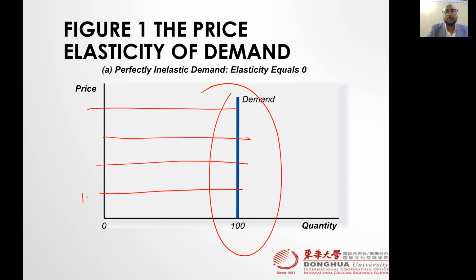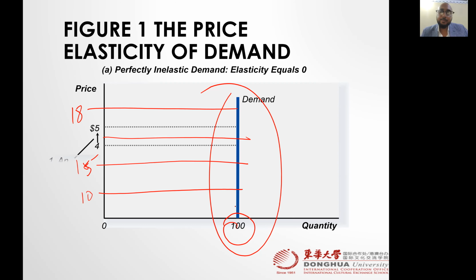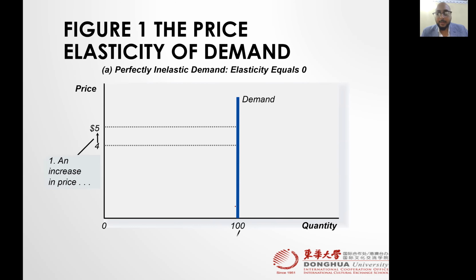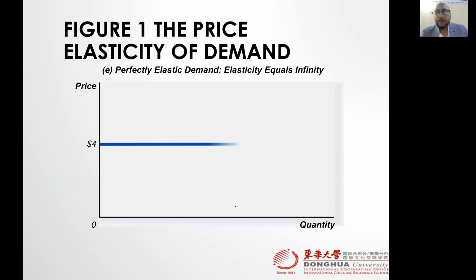Whether the price is $10 a gallon, $15 a gallon, $18 a gallon, still 100 million barrels of petrol or gasoline are going to be purchased by the society or a country, right? The perfectly elastic, which means